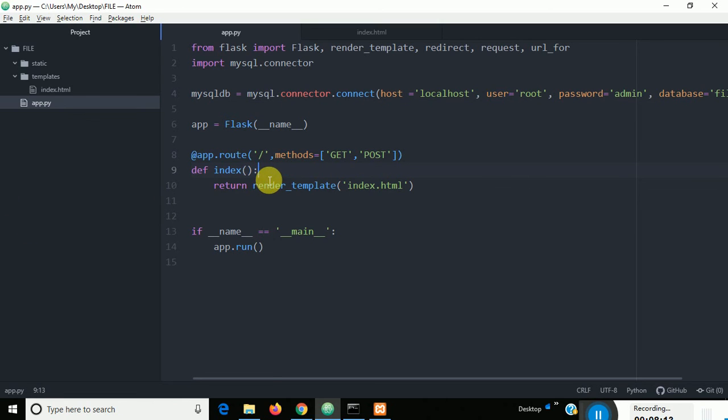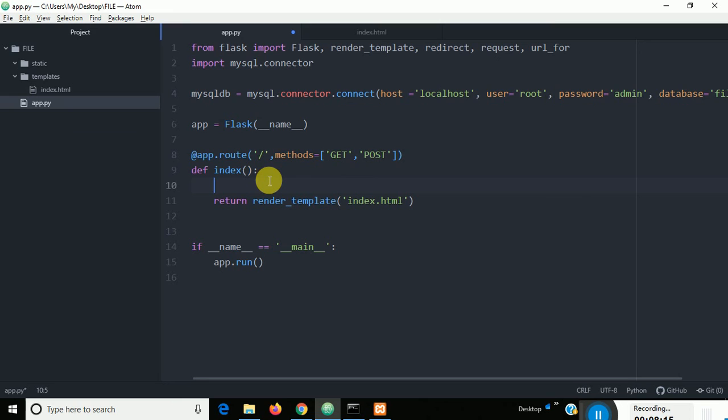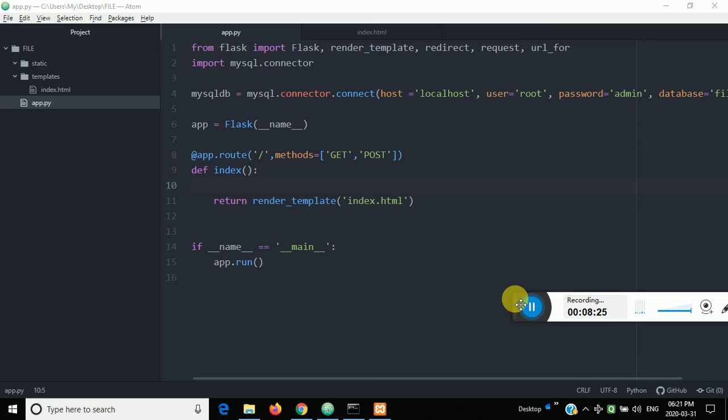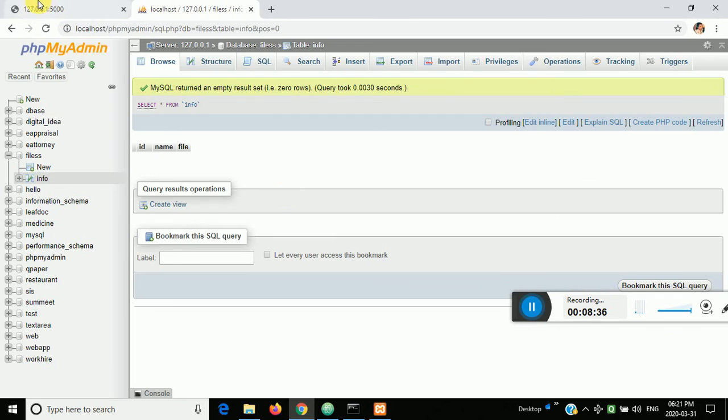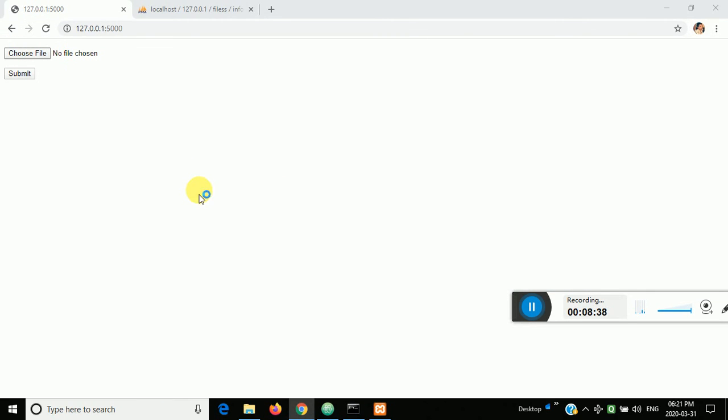The importing of the file I'll do in the next video. I have only connected the database, and in the next video we'll create the connection, how to put the file and everything. I'll explain in the next video. For example, whenever you choose a file here, select the file.